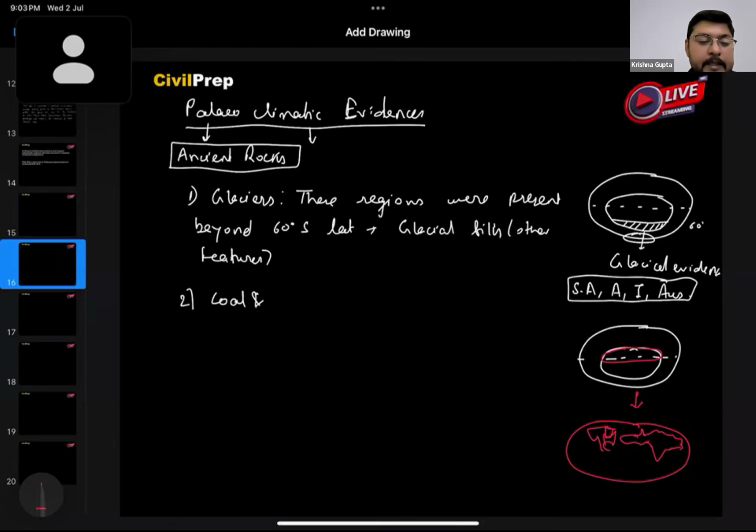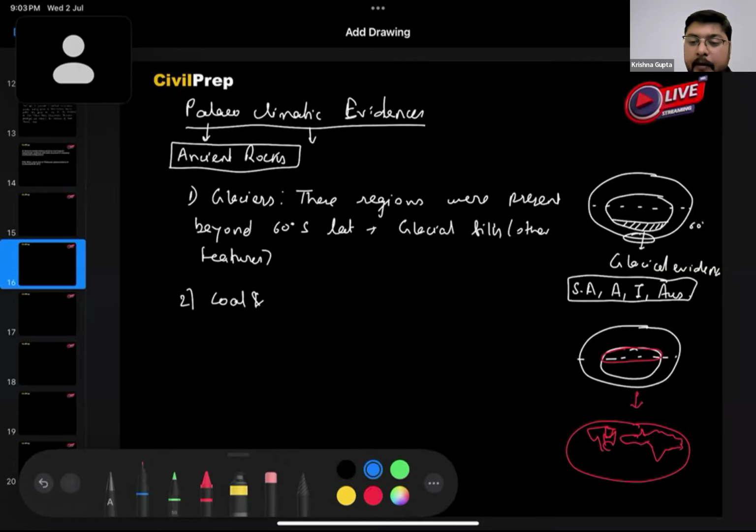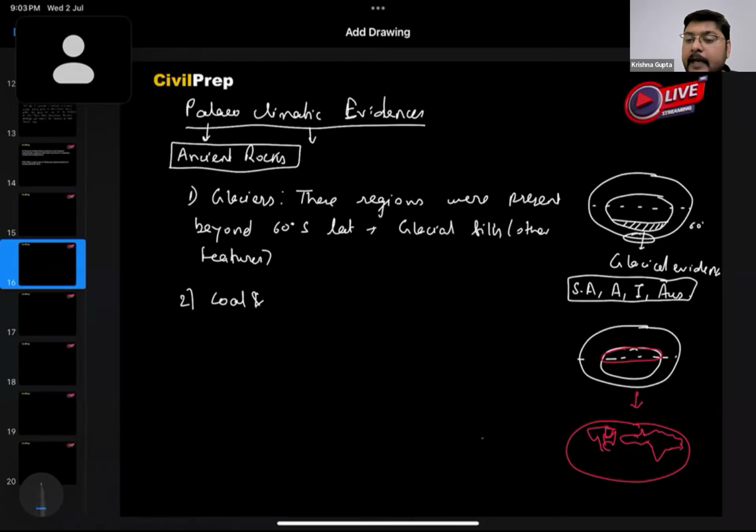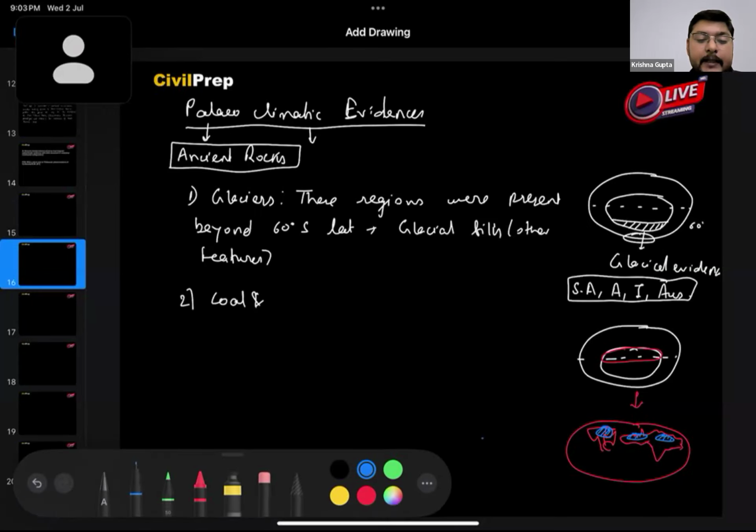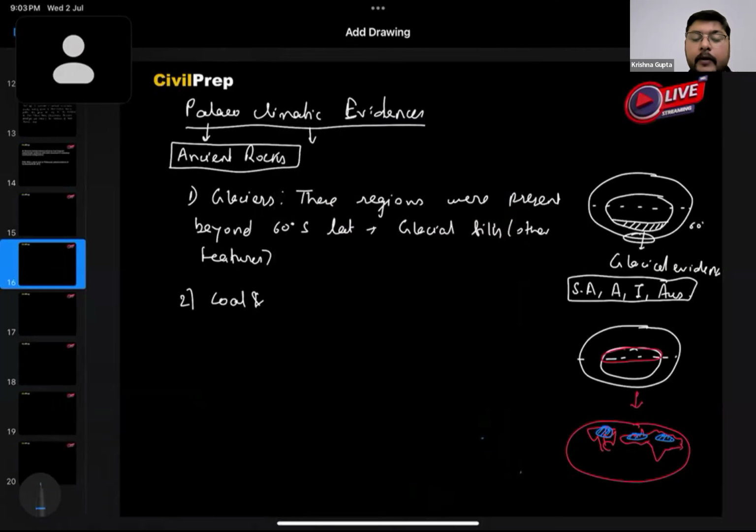Now here we'll be seeing that in the contemporary time, there is high presence of coal in these regions of Europe and Siberia also. But what is seen is that coal formation occurs in